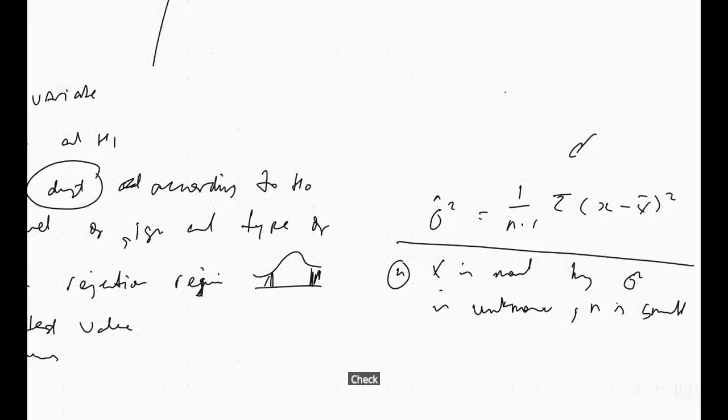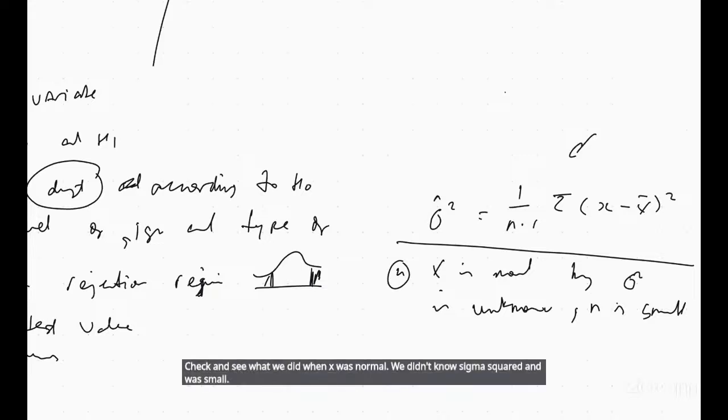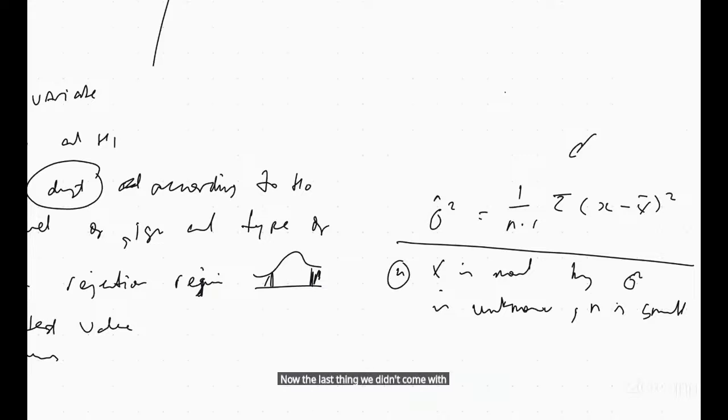We have the error check and formula. Check and see what we did when x was normal. We didn't know sigma squared and n was small. That was the last thing we did in confidence intervals. What do you do? We use